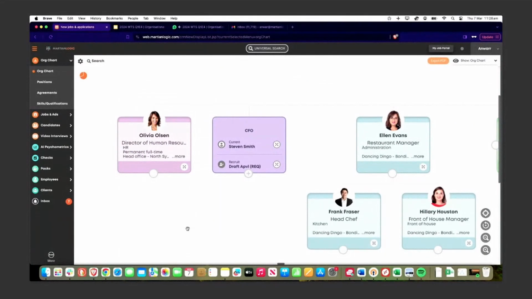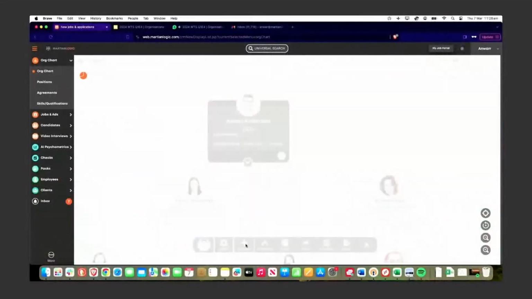Yeah, perfect. And the final question is from Mandy. Is there a way to have two positions at the top of the org chart? Our organisation has the principal in charge of the teaching staff and a director of operations in charge of operational staff. Sure. So what I can do, for example, I can say I want to add another node here, and I want this to be above the,